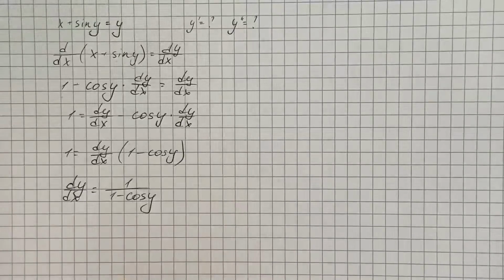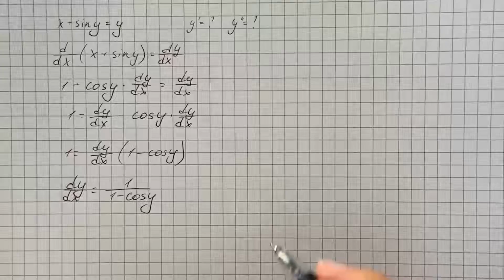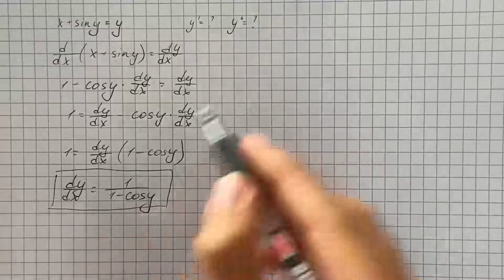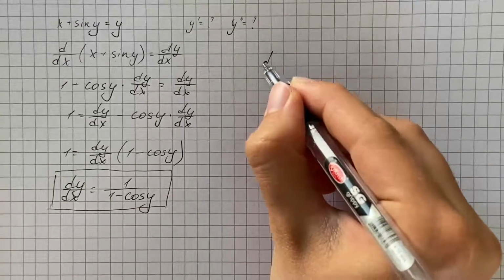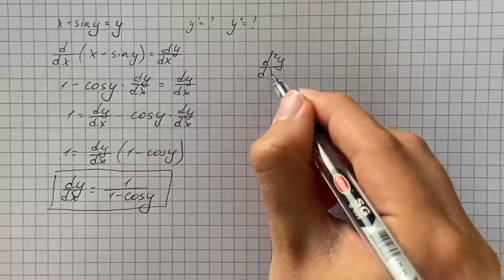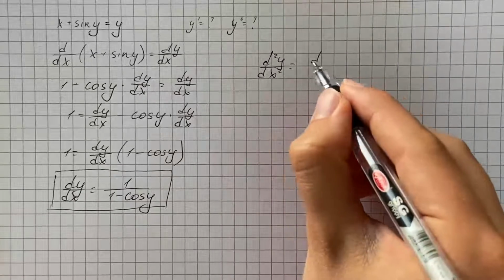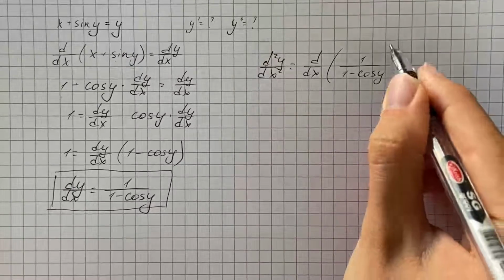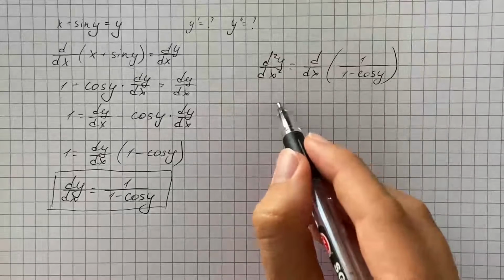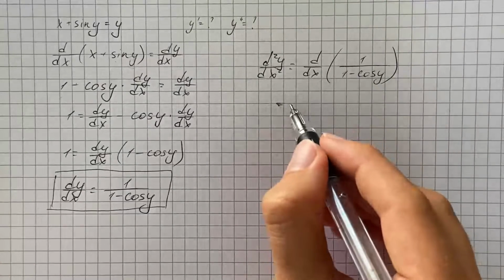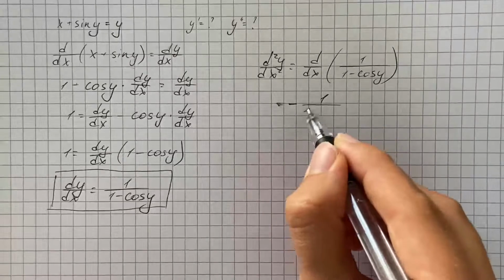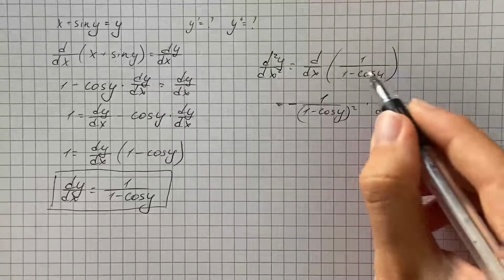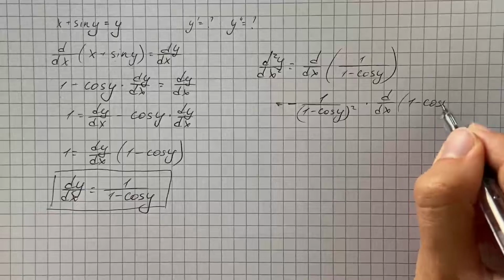of y. And now I'm going to find second order derivative, so we're going to differentiate our first order derivative. So that's going to be derivative with respect to x of 1 over 1 minus cosine of y. So here we're going to use chain rule. So at first we get that that's going to be negative 1 over 1 minus cosine of y squared, and then multiply by derivative of inner function, which is 1 minus cosine of y,